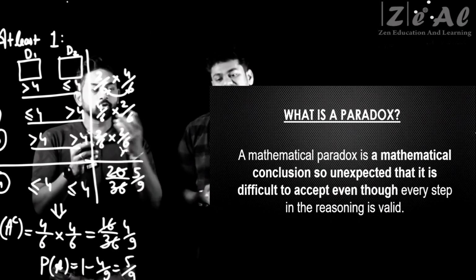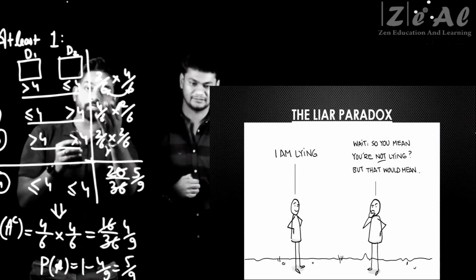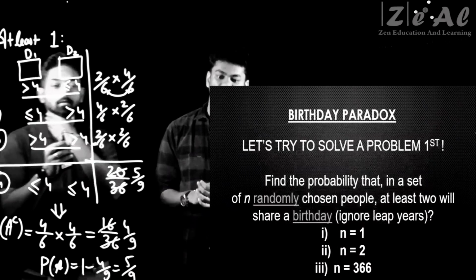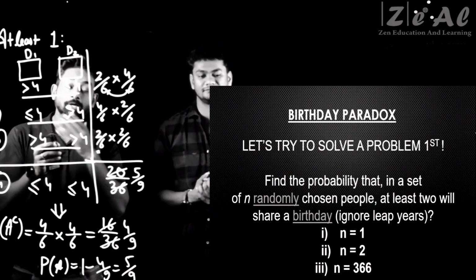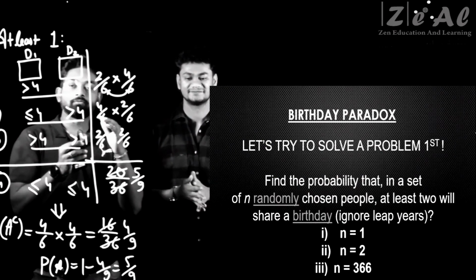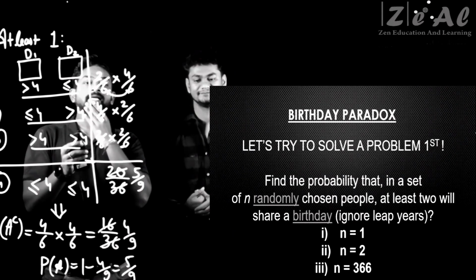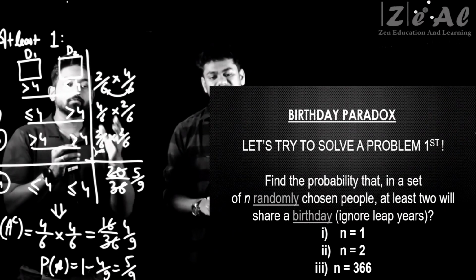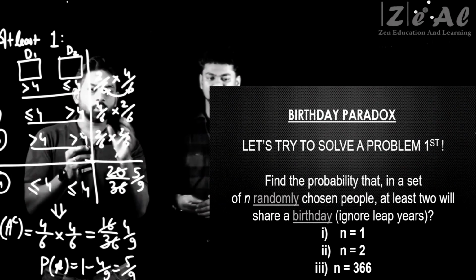All right. Let's go to the next screen. And this was a famous liar paradox. You can explore on the internet also in detail. So now we are good to go. Now, we were actually preparing for this birthday paradox thing. Now we have understood the part of probability, the part of paradox. So before we state what the actual statement of birthday paradox is, let's try to solve a problem. And the problem is actually